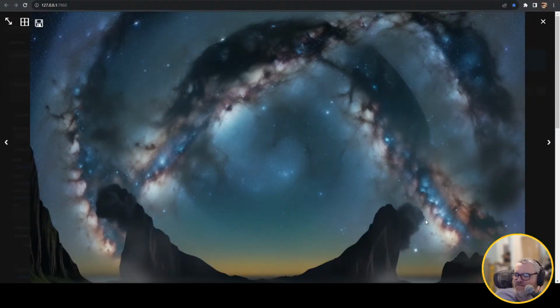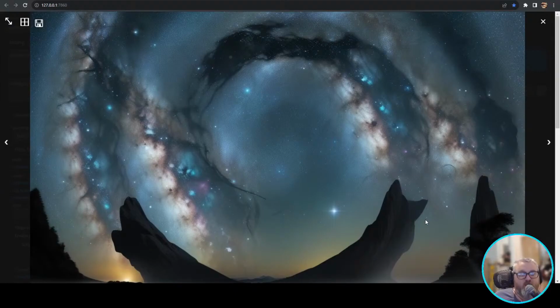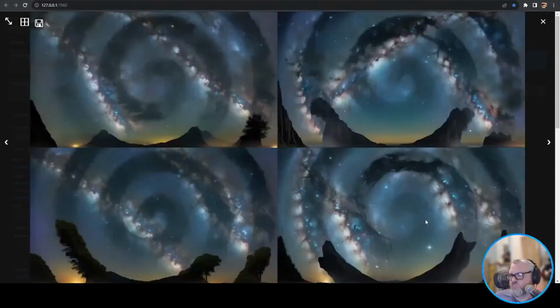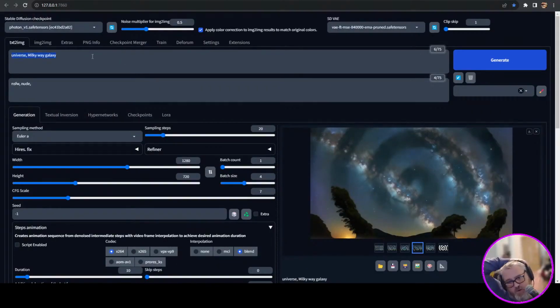Milky Way's gone crazy. Yeah, you could. Yeah, that'd be a fun experiment. No, but it would. I think it would still look pretty cool.